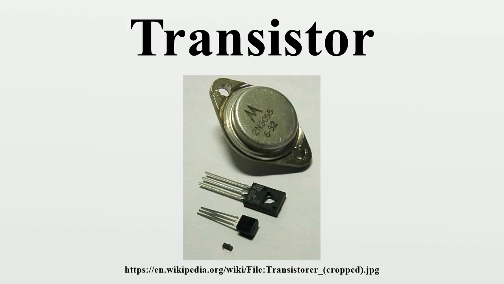There are two types of transistors, which have slight differences in how they are used in a circuit. A bipolar transistor has terminals labeled base, collector, and emitter. A small current at the base terminal can control or switch a much larger current between the collector and emitter terminals. For a field effect transistor, the terminals are labeled gate, source, and drain, and a voltage at the gate can control a current between source and drain.